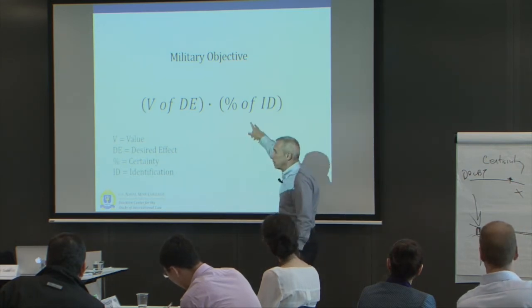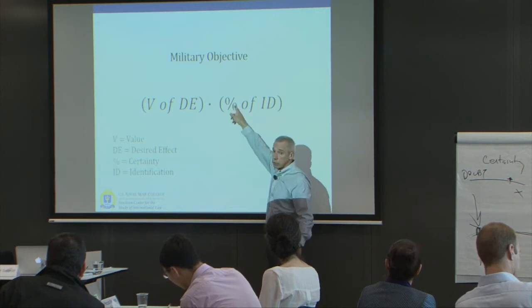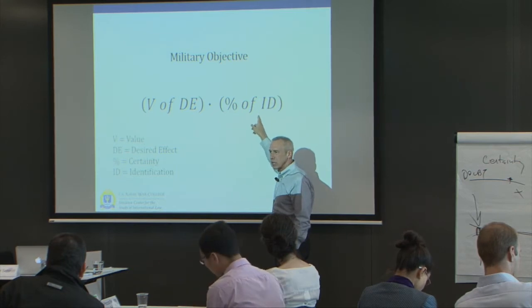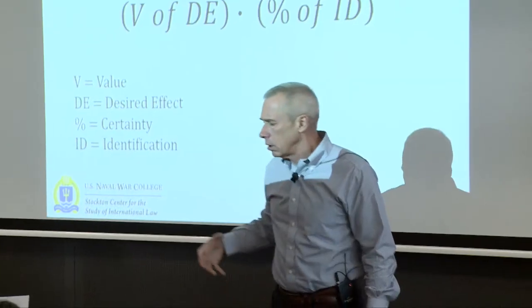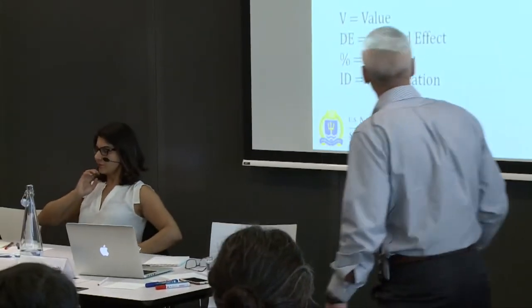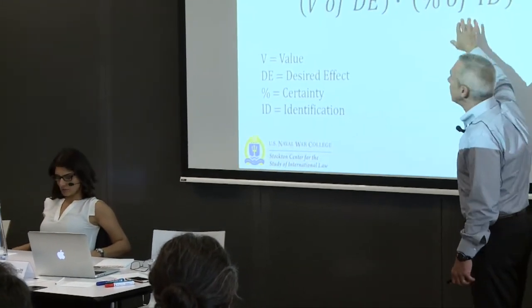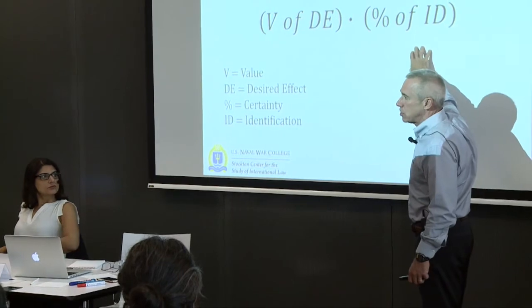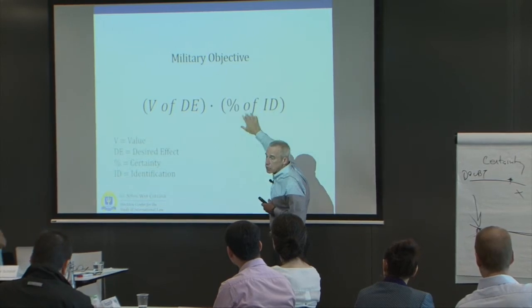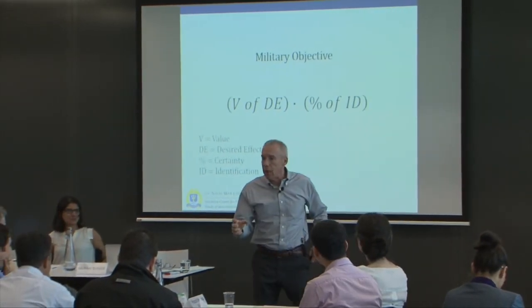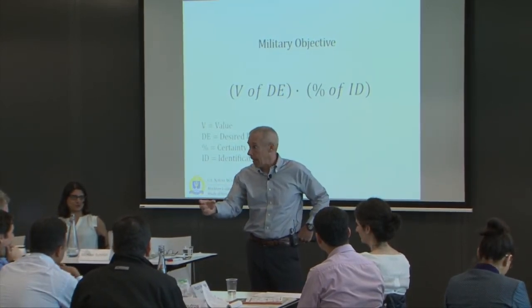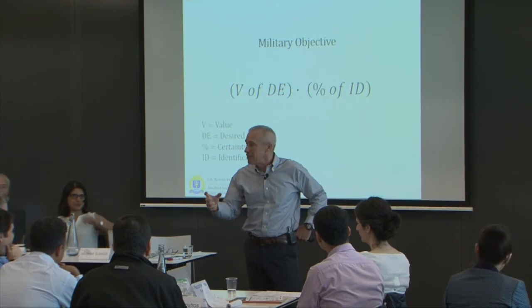And then you ask, what's the certainty? This is the symbol we're using for certainty. What's the certainty that I got it right? What's the certainty of my identification? So let's take an insurgent leader who's very important. The insurgent leader is very important. You may be told you have a 50% chance that the value of the target, you consider it in light of the certainty. So if you have an insurgent leader, maybe 50% certainty that that individual is, in fact, the leader, is good enough. We had this debate with Osama bin Laden.